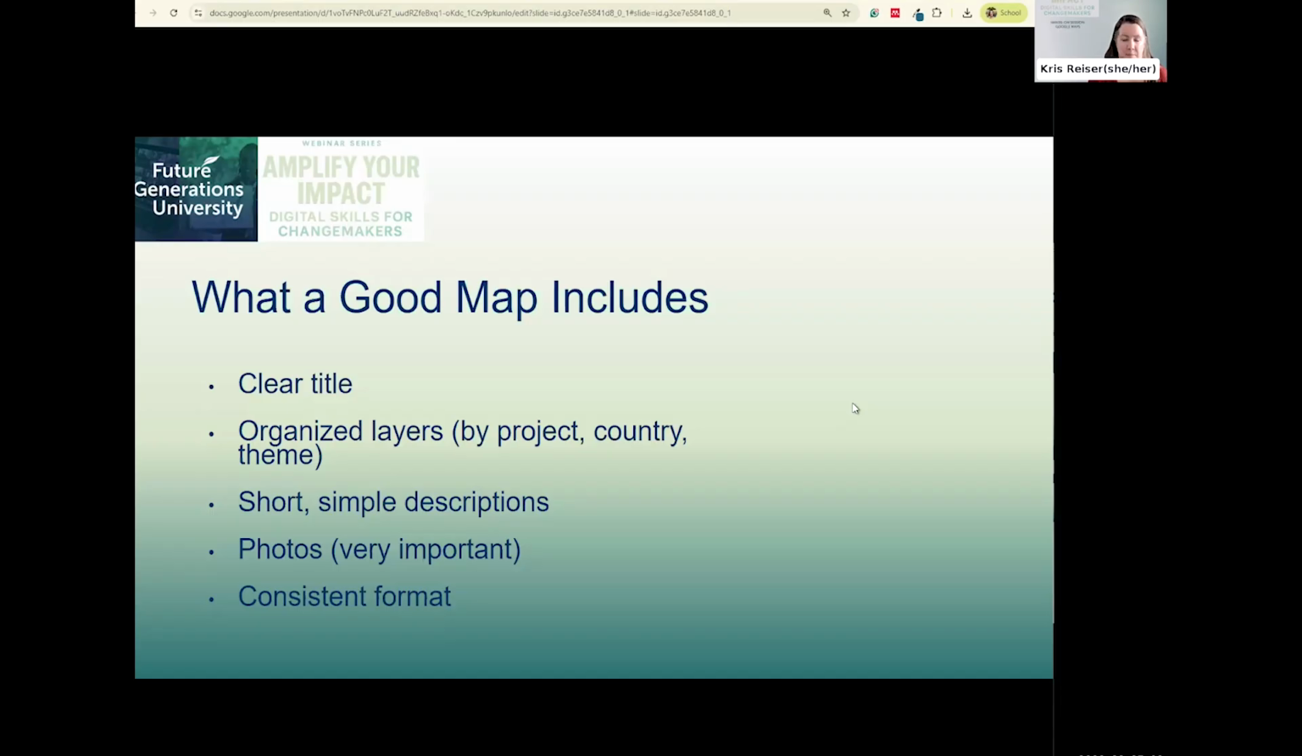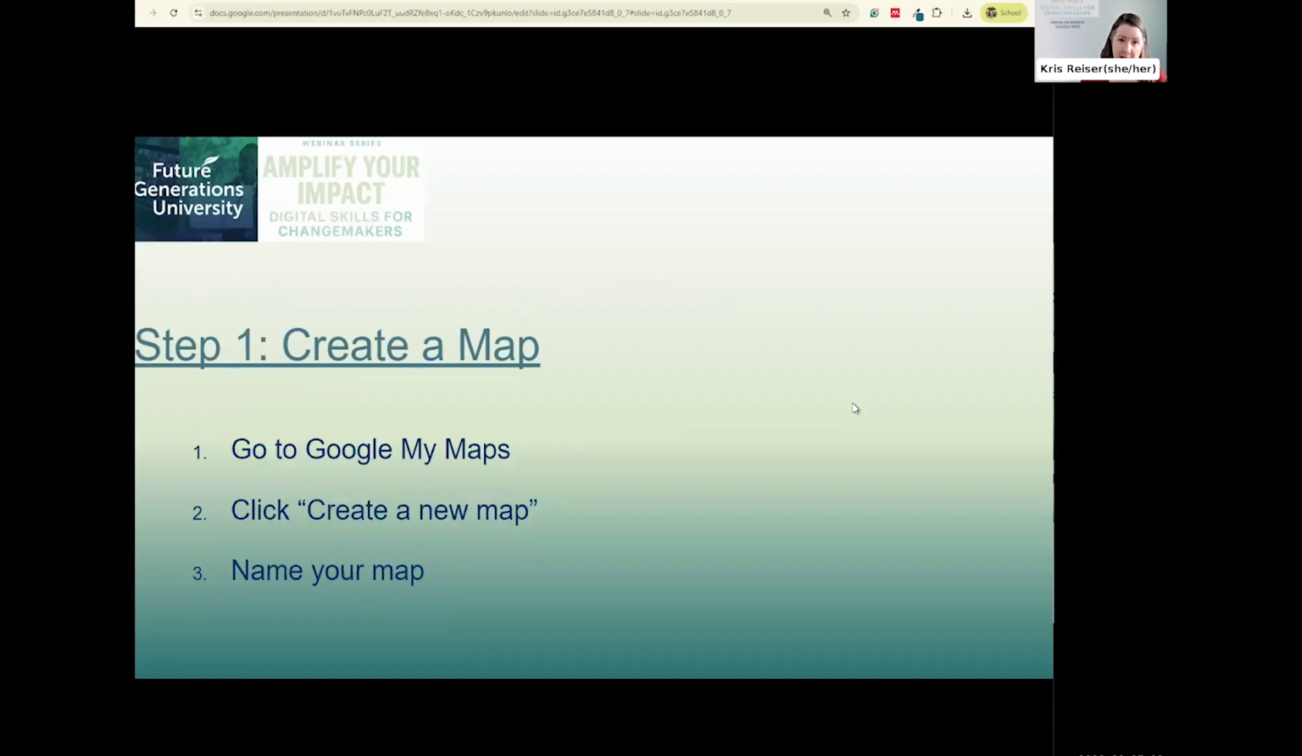Also, there's some customization as far as we talked about the visual hierarchy. And so there's things that you can customize in this as well. So I'm going to go ahead and stop talking about this, and I'm going to start showing you how you can create a map. And so the first thing that I'm going to do is I'm going to go to Maps on Google, and